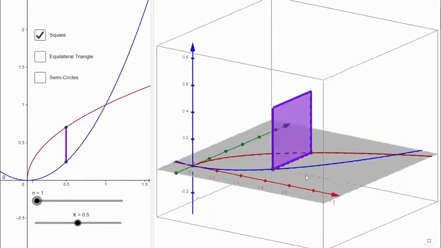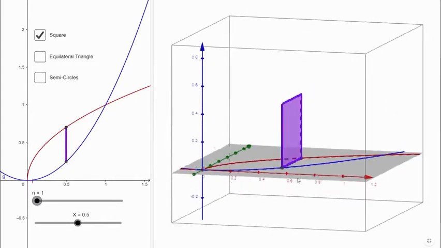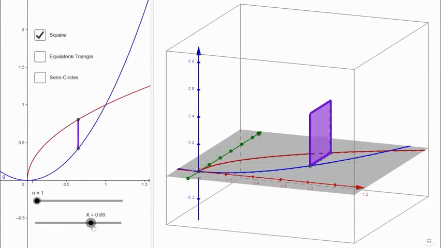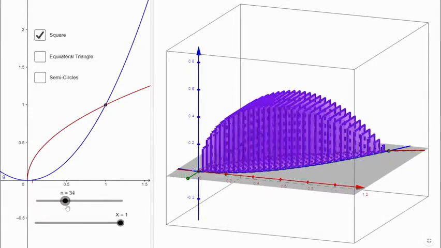So the base, we should know. The base would be the distance from top curve minus bottom curve. The height should be exactly the same as the base, which is what makes it a square. So the way you'd find the volume in these types of problems would be find the volume of each slice and integrate it from, in this case, maybe 0 to a half, or I can make that upper bound all the way at 1. And again, if I start filling it in with squares, you can see how it forms